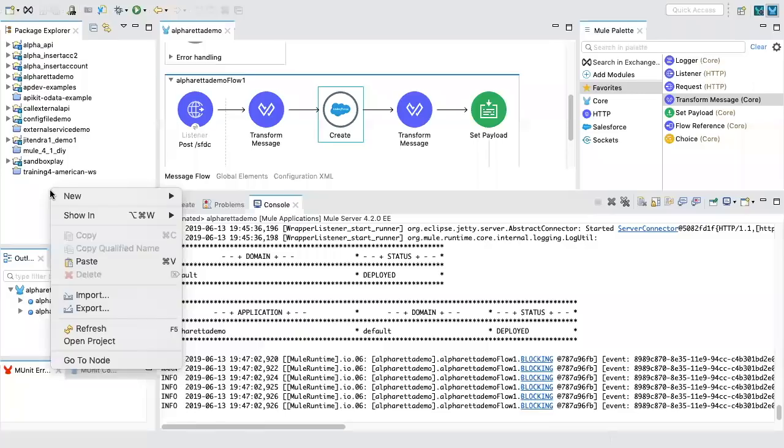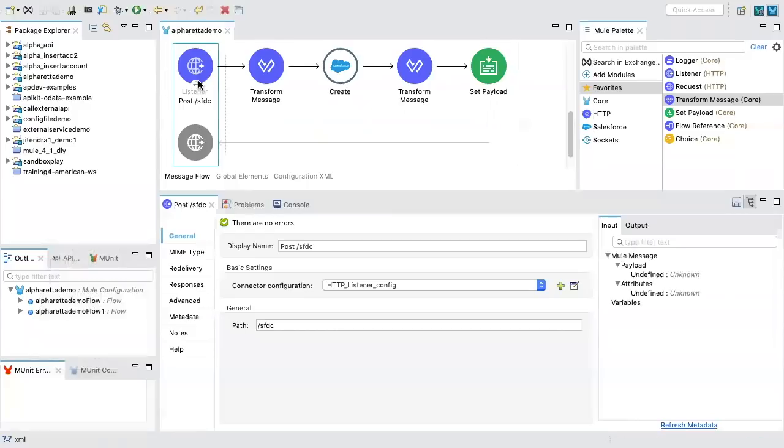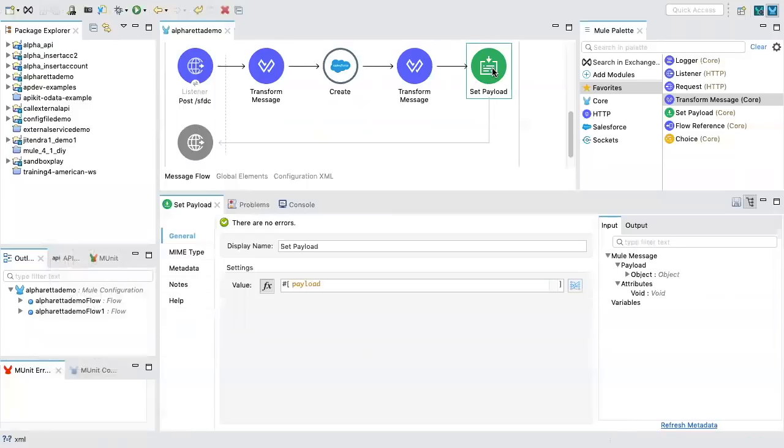Wouldn't you need 2 experience layer projects and 2 system layers? No, we need only one experience layer, because there is only one who is able to see. Because the same person who is sending the data is getting the data. I'm reading from here and returning the same data to the same person. Response: hey, you gave me an account, I'm giving you the ID.